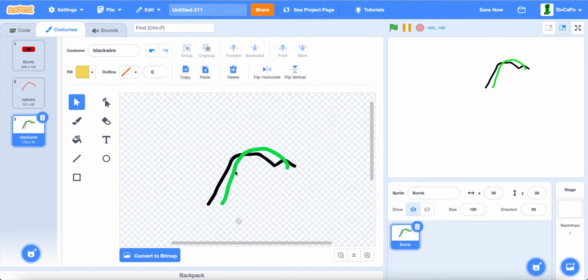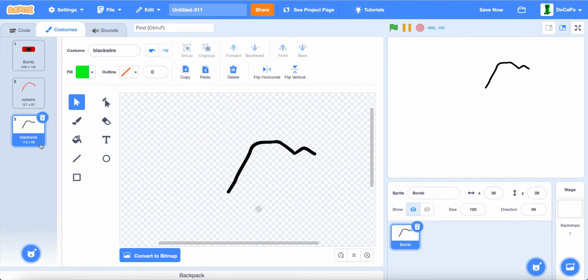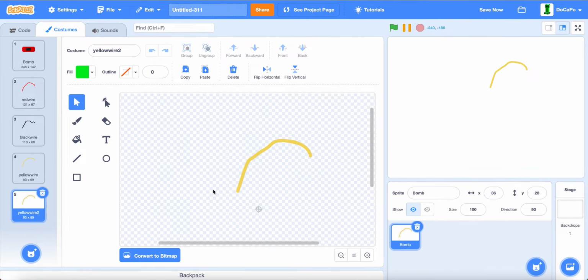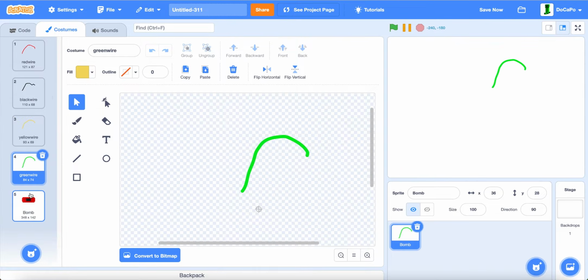and then bring these two wires, duplicate it, name this one yellow wire, delete this, duplicate it, make sure this is the yellow, and lastly the green wire, and name it green wire. Now, after you have all 3 wires, move the bomb to the bottom,